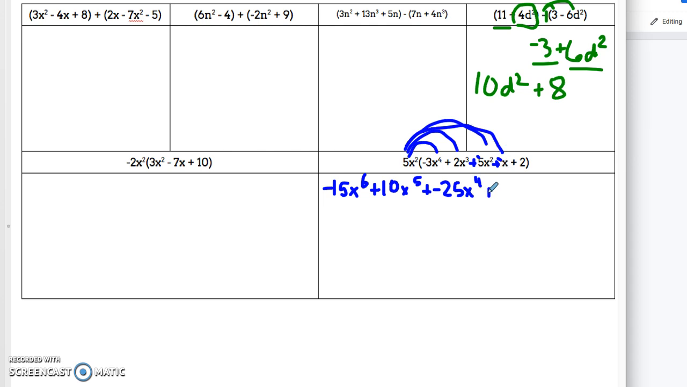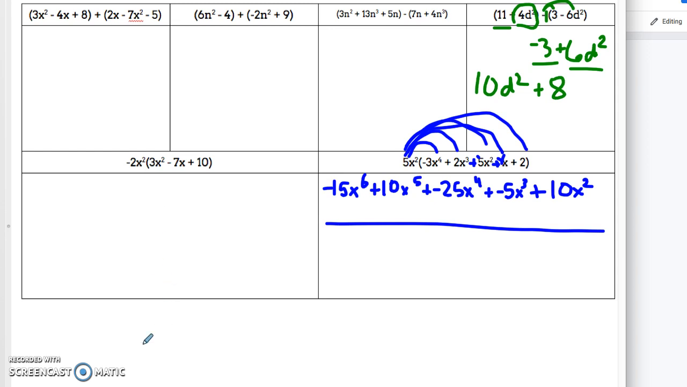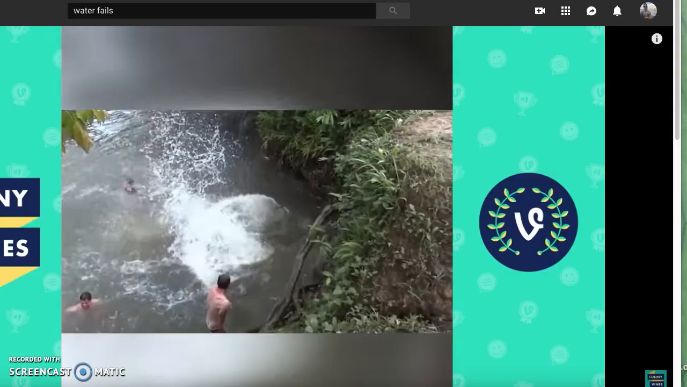5x squared times -x is -5x. There's a -1 in front of this x. So that's going to make that -5, and it's x cubed. And my last one, 5x squared times 2 for a total of 10x squared. All of these have different exponents, so there is nothing I can combine. I am finished there. And since we are finished with the first page, I'm going to bring you some more